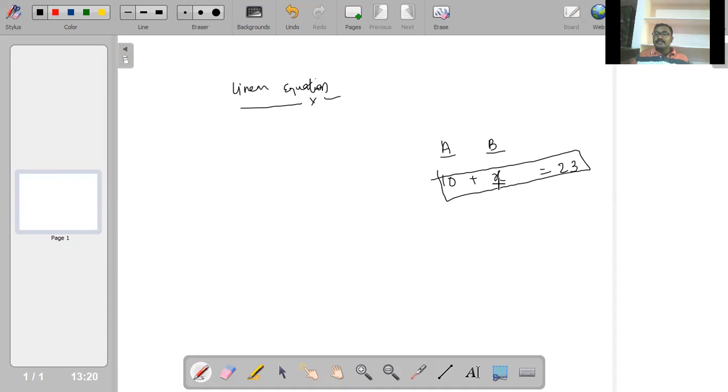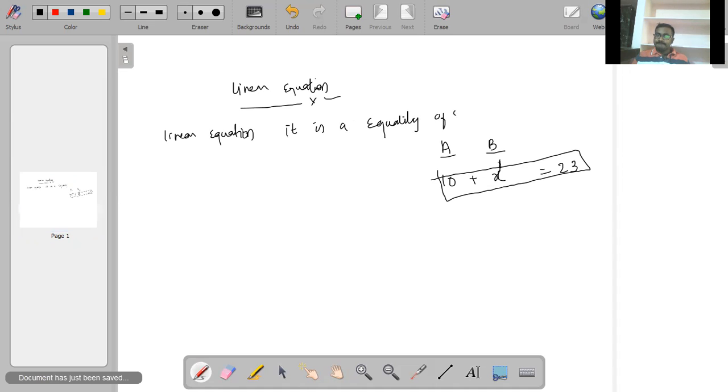In other words, the unknown variable holds the power 1, along with operators, and is interconnected with the values. Also, it is an equality statement. So this is called a linear equation. I'll write it here. The linear equation is an equality of statement